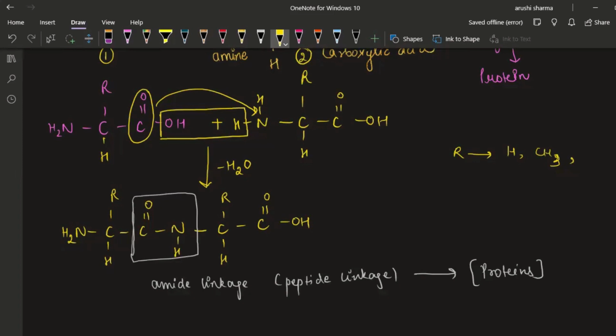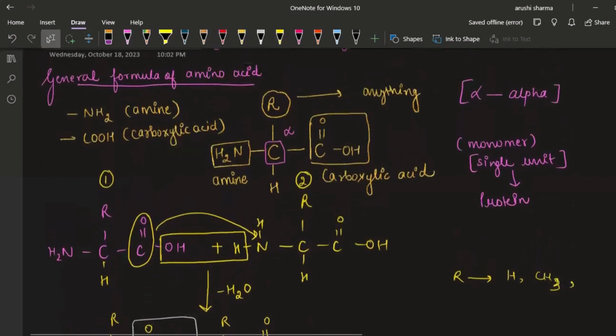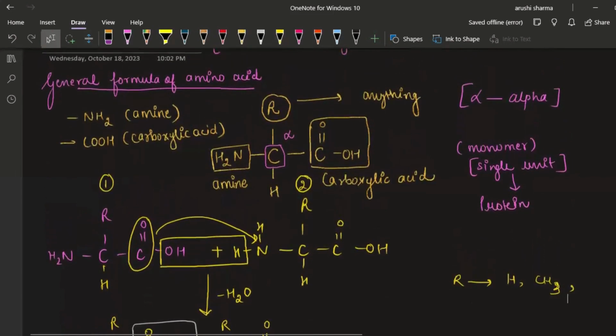That is why I was not discussing anything about them, because there are 20 of them, and you know we can't learn 20 in just a small period of time, right? So that's how I showed you this general formula. Actually, Tia, this is how every amino acid would look, with one carbon at the center, an NH2 group, a COOH group, and hydrogen. These are the common things. What is going to be different is that